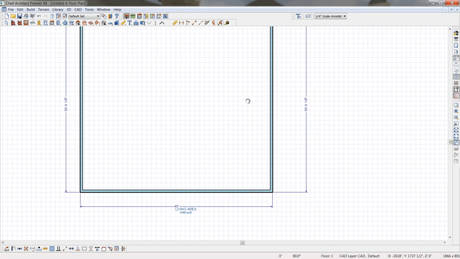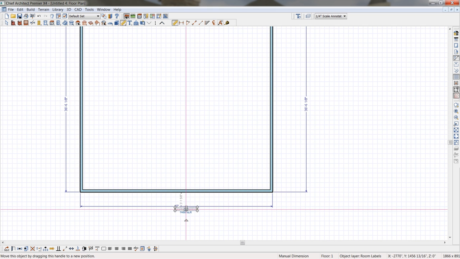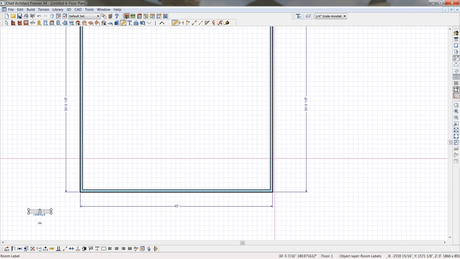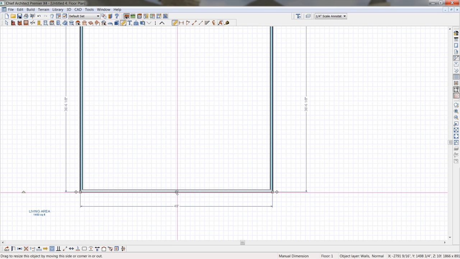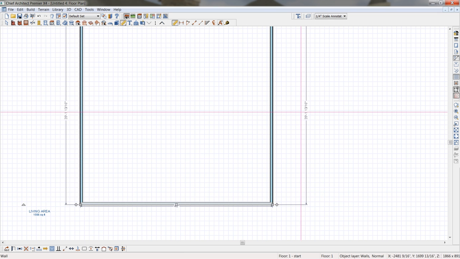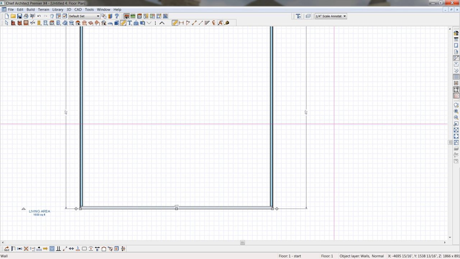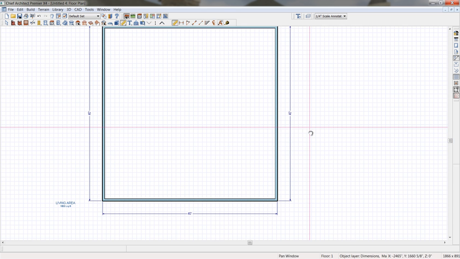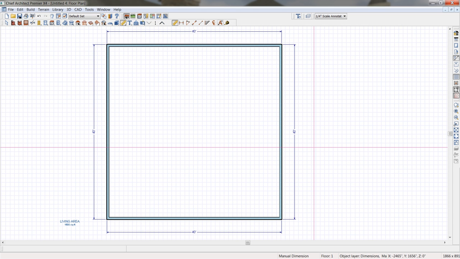So again, if we slide down, I'm going to move my living area out of the way. Simply highlight the wall, pull it down, or again, enter in an exact dimension. Once we're finished, zoom out here just a little bit, you can see that we have a 1,600-foot main floor,